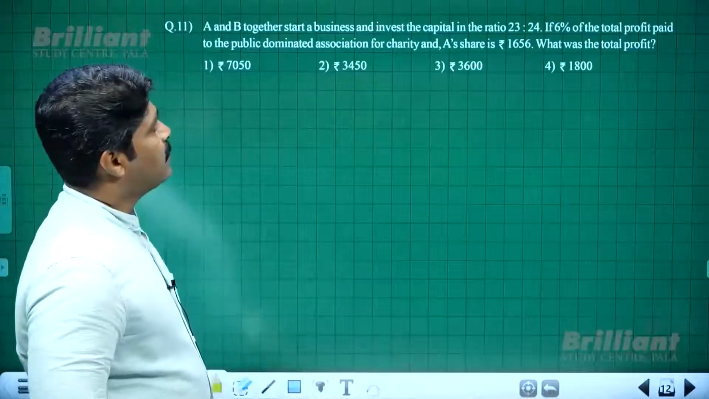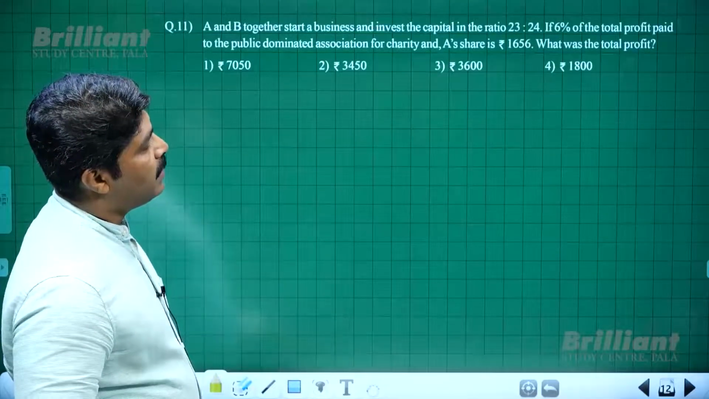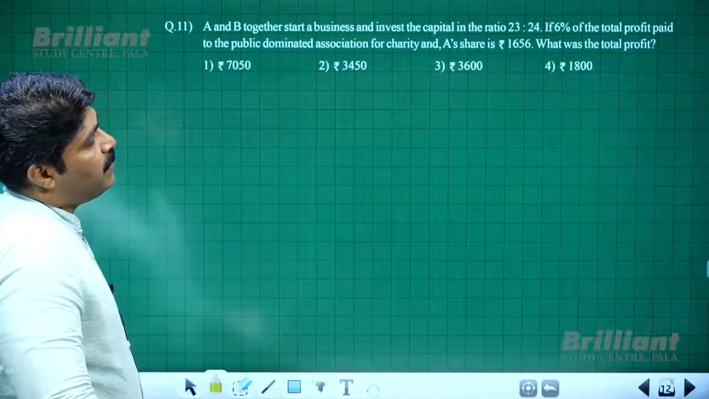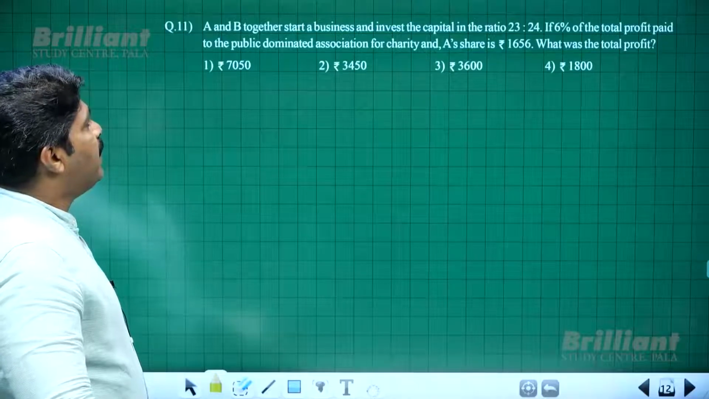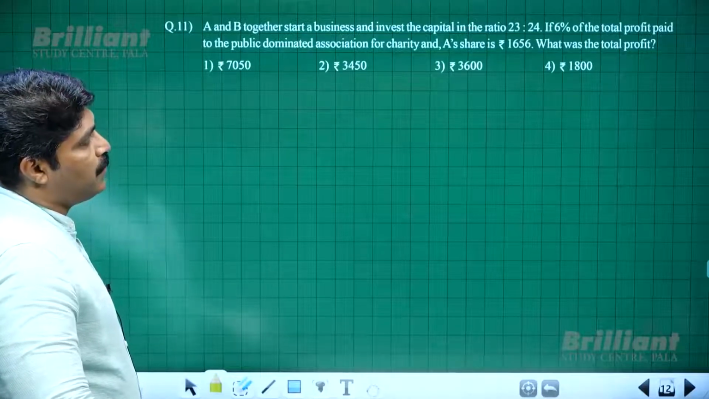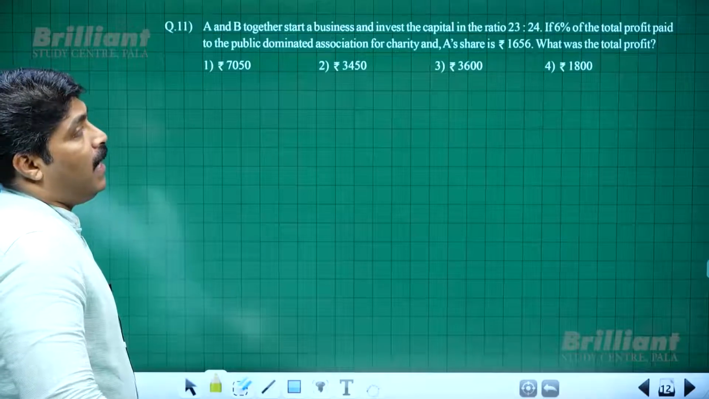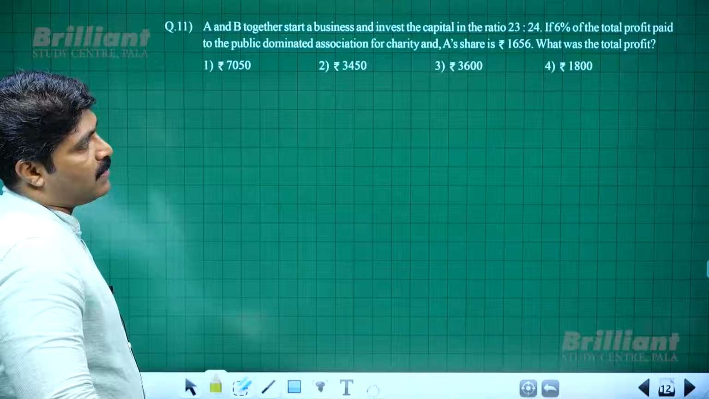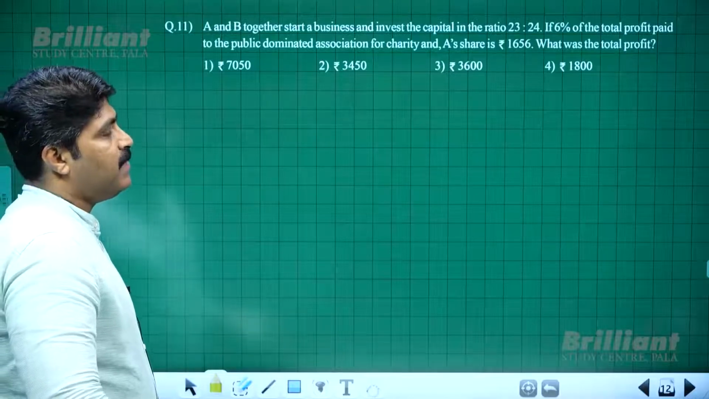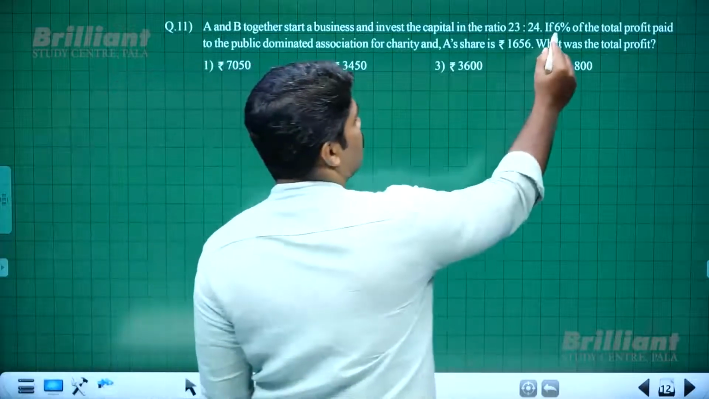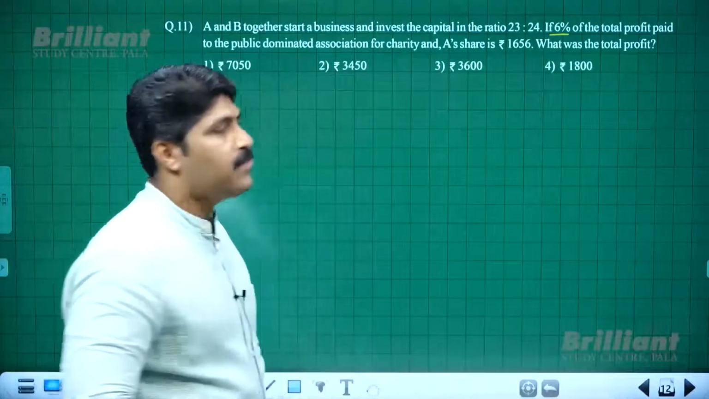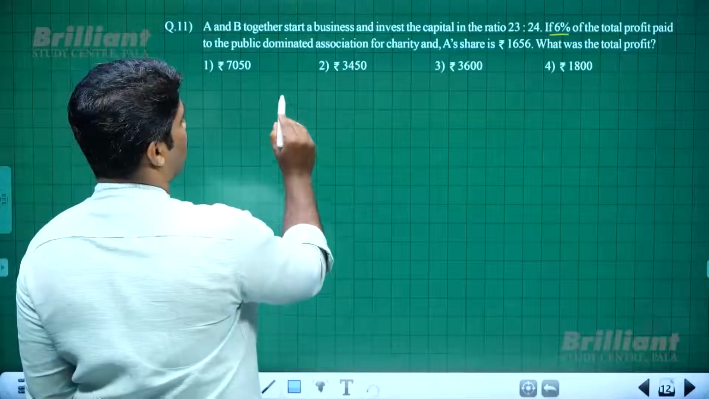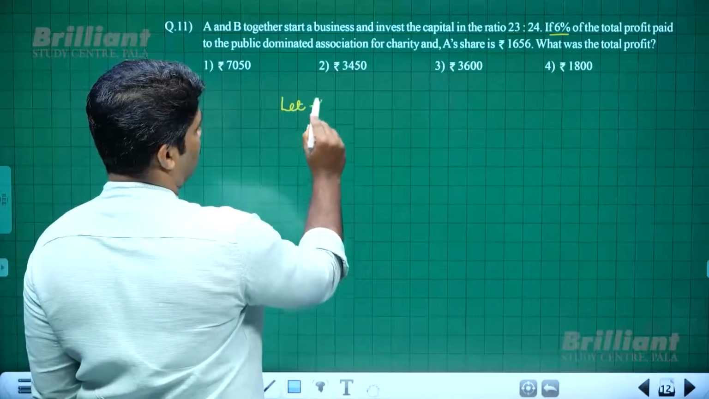A and B together start a business and invest the capital in the ratio 23:24. If 6% of the total profit is paid to an association for a charity and A's share is 1,656, what was the total profit? That means after the 6%, the remaining percentage is distributed as per this ratio. Therefore, we have to consider, let the total profit